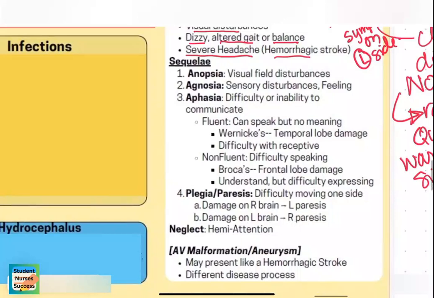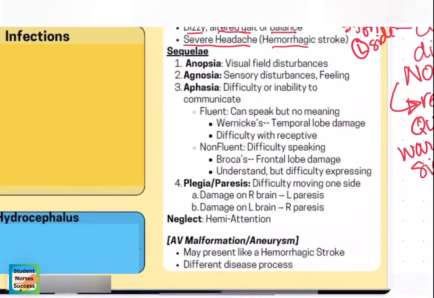So, with stroke, we know that ischemic strokes are more common and they are left with a higher amount of disability. So, people generally survive from an ischemic stroke. However, they are left with often a significant amount of disability. With a hemorrhagic stroke, we do see higher mortality with those, but it doesn't mean that they wouldn't live or have disability as well. So, with stroke, we really talk about the sequela of stroke and the disability that individuals are left with after having a stroke.